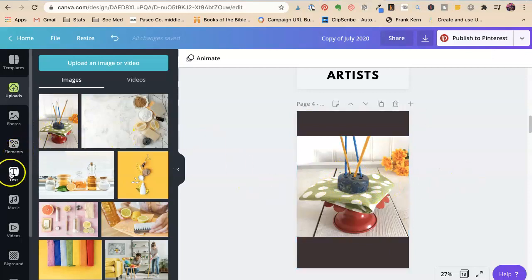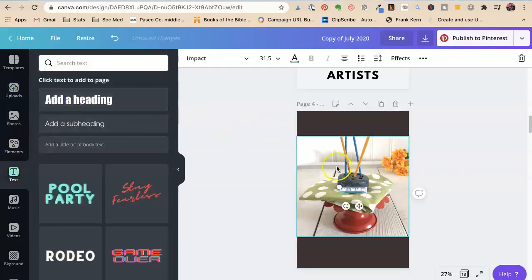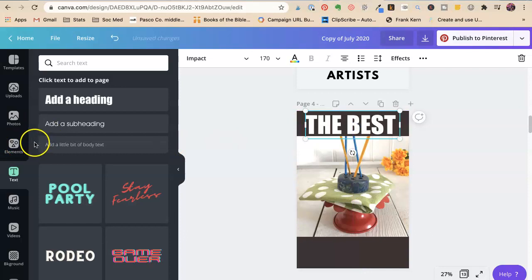Then we need to get a word, so we're going to go to text, add a heading. Ooh, well, I can't cheat. So I'm going to say the best. And I'm going to use one of my fonts. You can upload your own fonts. If you start doing this, you're going to turn into a little bit of a font